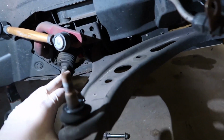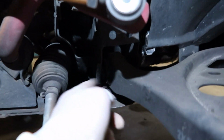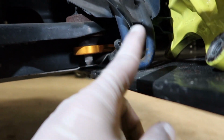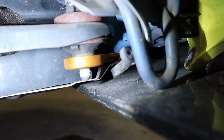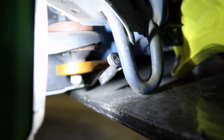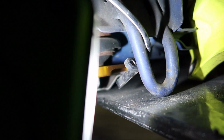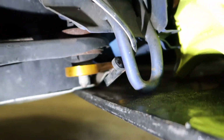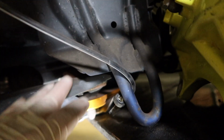I wanted to try and start taking the lower control arm out. I was able to get the bolt out that goes right here, and I got the nut off for this right here, but I totally forgot it was a nut with a stud. So in order to get that off, I need to take the splitter off, because it goes all the way down underneath the splitter, and it's a bolt, of course, that's all the way over there. So I need to take the splitter off so I can get underneath, so I can take this gold ISC suspension control arm brace off,